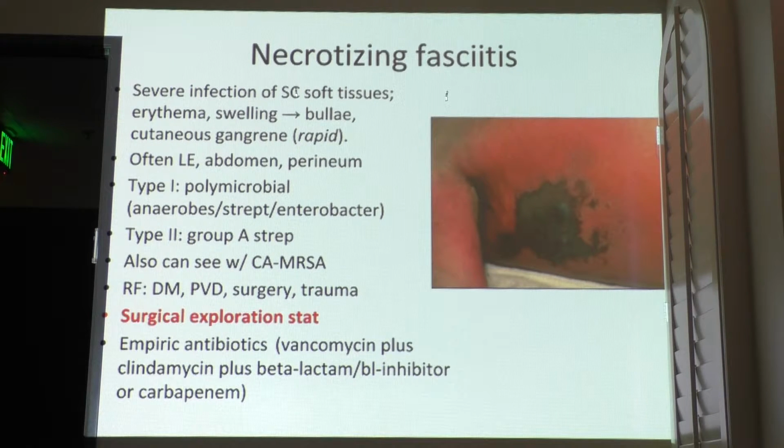So necrotizing fasciitis, you cannot miss this, neither on your boards nor in clinical practice. If you discharge a patient home with necrotizing fasciitis, this is a huge malpractice. This is a huge liability. And the reason...